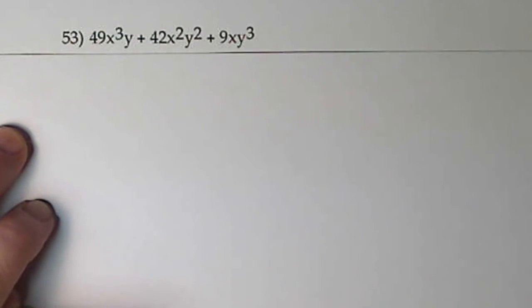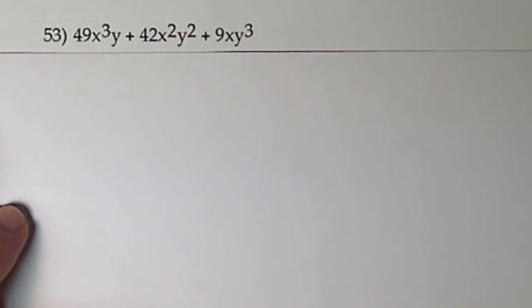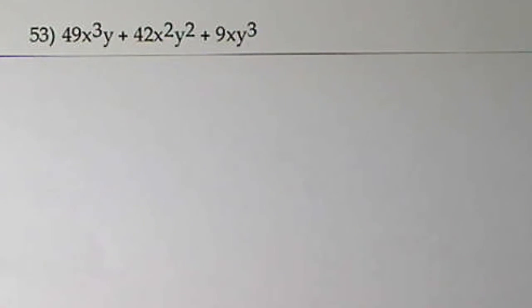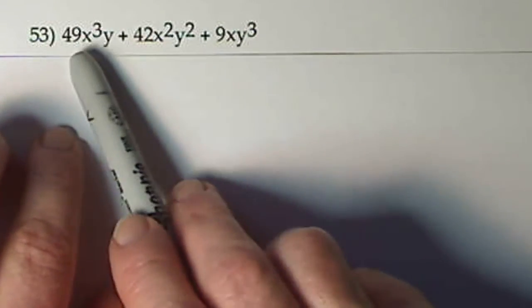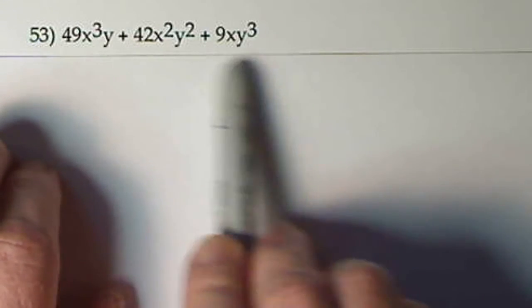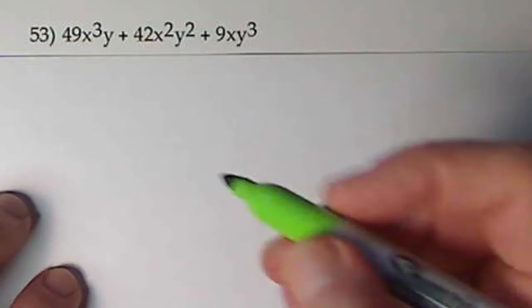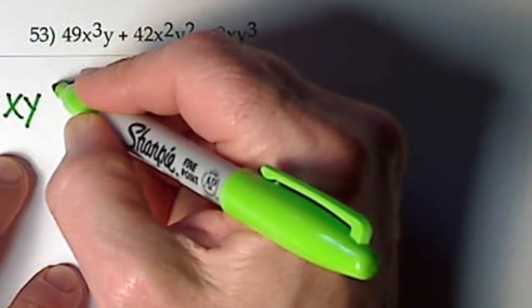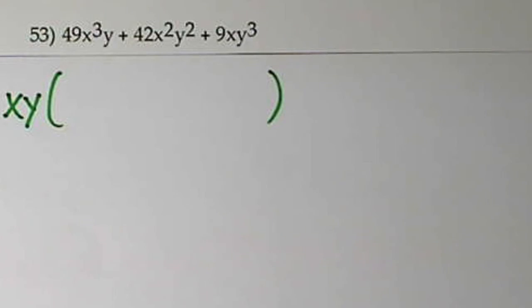I'm going to try zooming in a little bit here. Maybe make it a little bit easier for you to see. Oh, let's go one more. Notice that, let's see, GCF, I can get an x out of each term. I can get a y out of each term. Alright, so number 1 on the list is GCF. And we've got to factor it out. So we can get xy out of each term. And that's going to leave us with